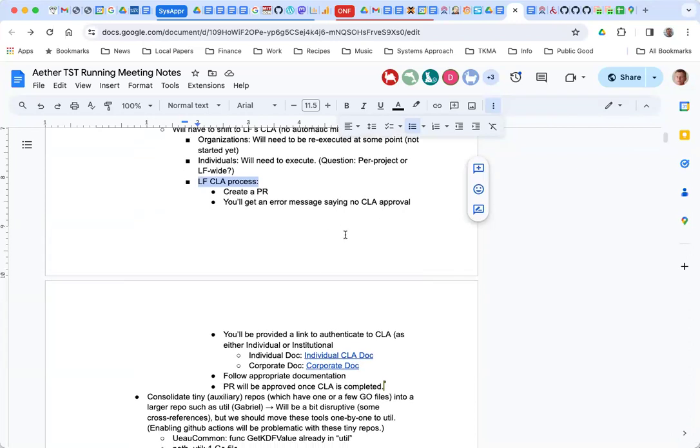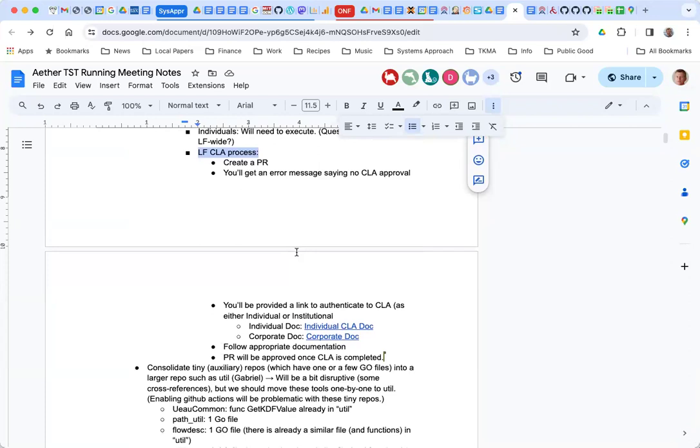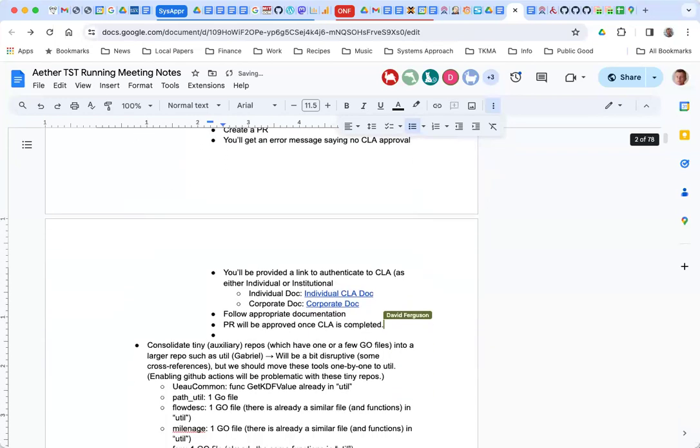So this means there's been some linkage then to the LF's CLA process. Well, that is the LF CLA process. So how do we get that engaged then on our repos? We can't until the repos are in the LF environment. So that's the thing that's kind of the floaty bullet here, which will take effect when,